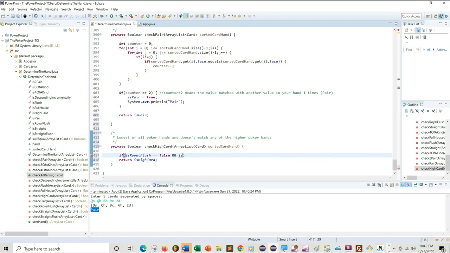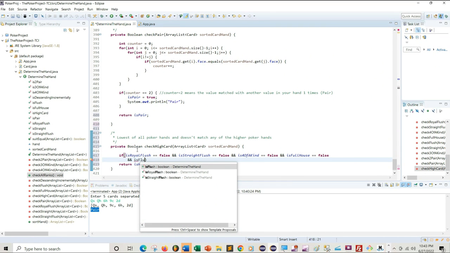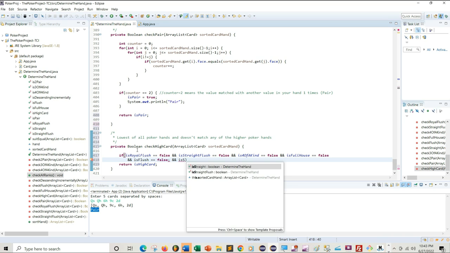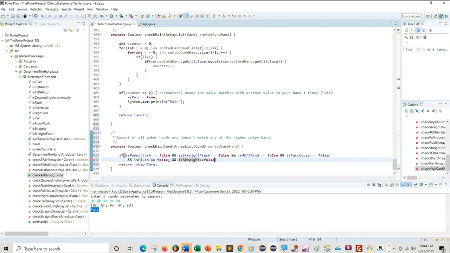Is straight flush equals false, and is four of a kind equals false, and is full house false, and is flush false, and is straight false,